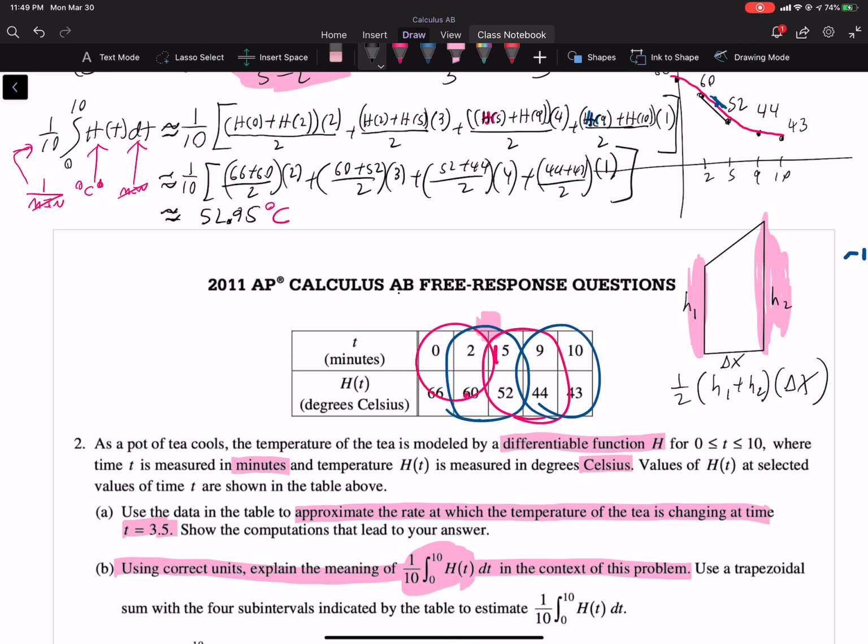Recognizing that this is the formula for average value, it's the average value of H. But what is H? H is the temperature of the tea in the pot. So since this average value, H, is the temperature of the tea, so the average temperature